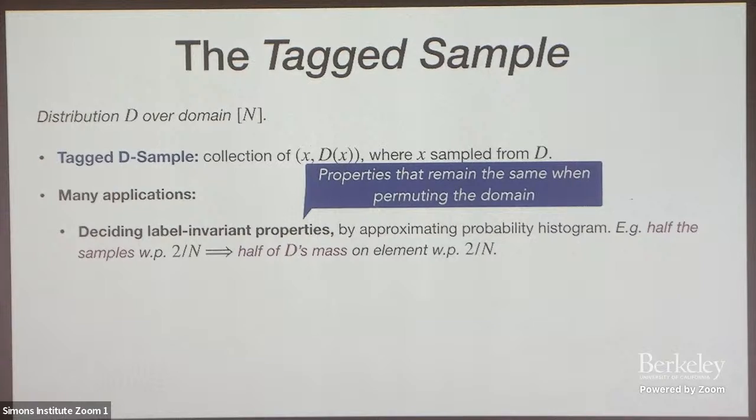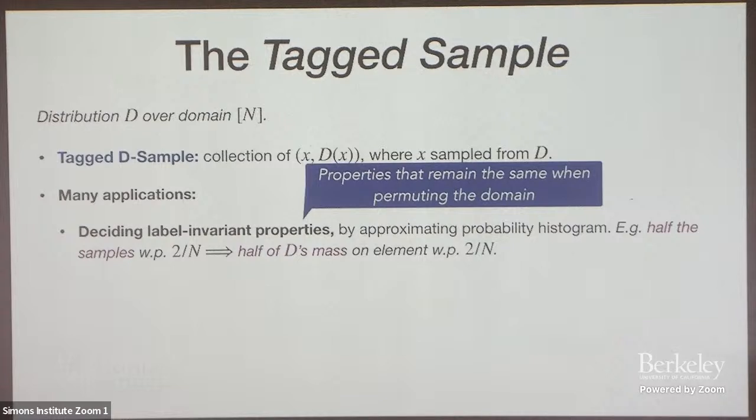So these properties can be decided just from the probability histogram, or the fingerprint, if you're fancy, of a distribution, which means that it's enough for us to know how many elements have probability p for every p. And this is something that a tagged sample helps us to achieve, right? Because if we now draw a sample alongside with a claim about the probability of each element, and we see that half the samples have probability 2 over n, we can conclude that